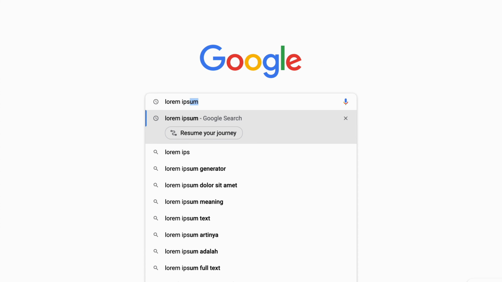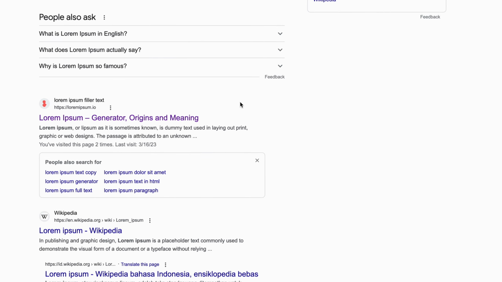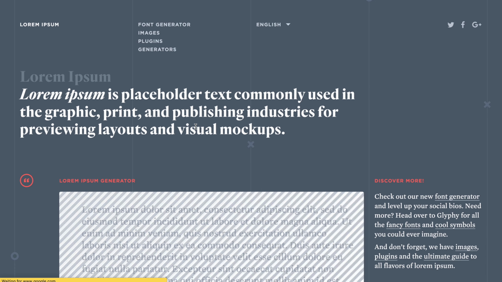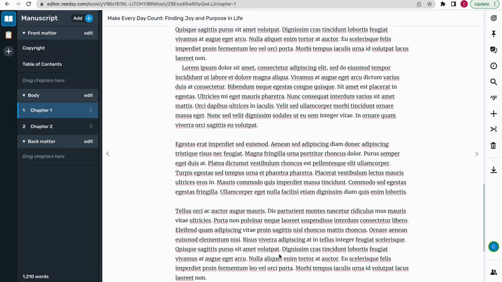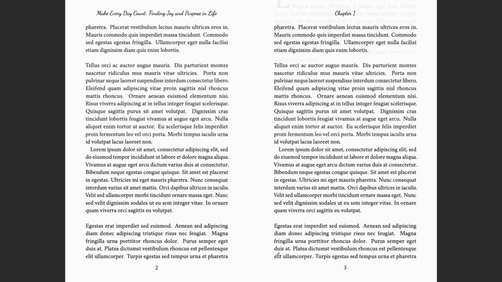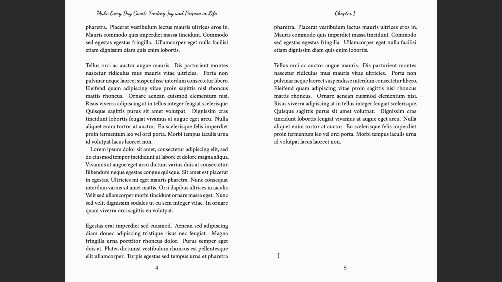Then, check out how many words fit on one page of your book in the tool you use. You can use Lorem Ipsum to get a general idea of the number of words you'll use per page with your settings. Write a page in your tool, export it, and count the number of words. Obviously, it really depends on the dimensions and formatting setting you choose. In my case, it's around